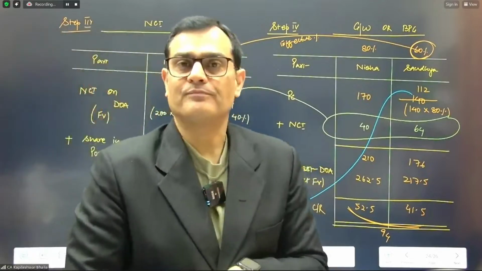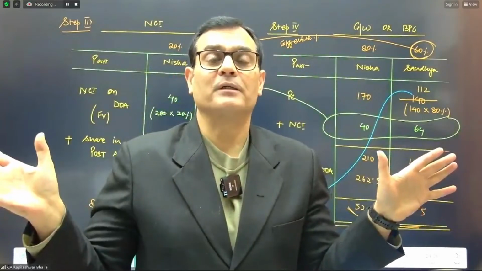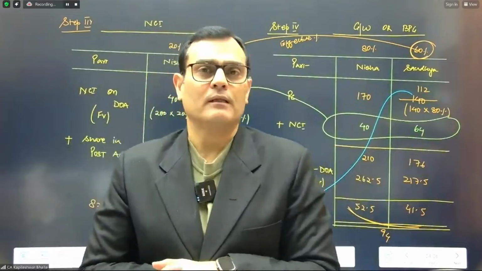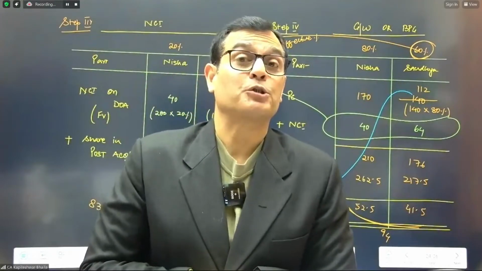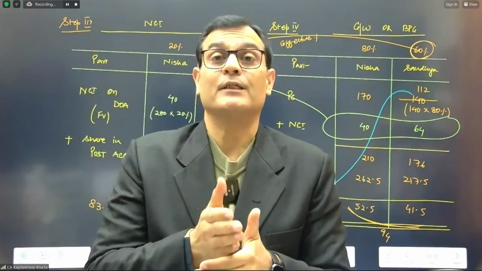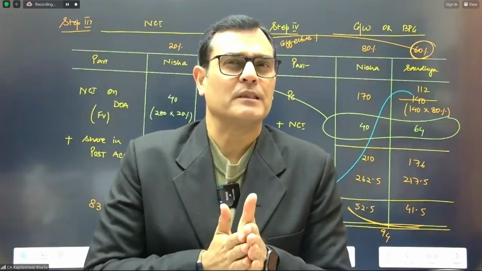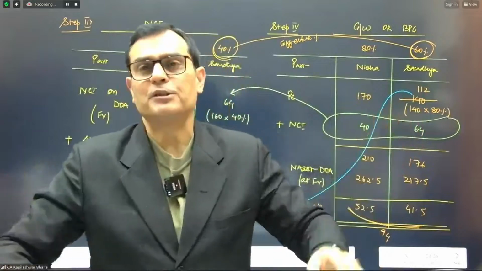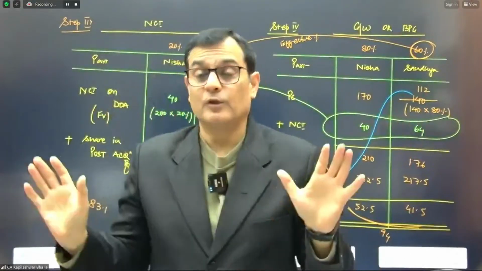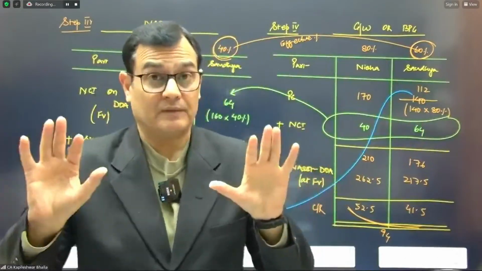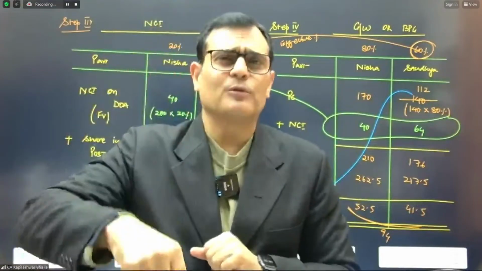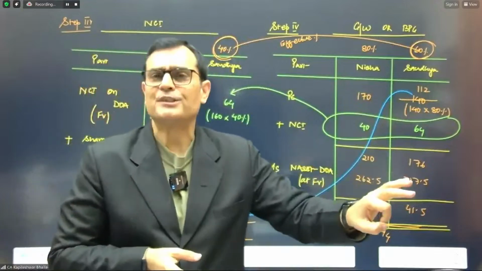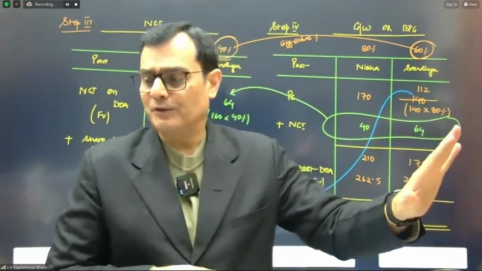I hope, friends, I am now pretty clear on the logic of why we took 80% in terms of goodwill and why we took the 20% reduction of that investment from the NCI of Nisha, because the 20% was never taken in goodwill and I cannot allow it to show in the balance sheet. Otherwise, my balance sheet will not agree. Right? I hope everybody's pretty clear. Do give me your input, friends. Are we clear? Don't worry. We're going to do another question with you on this area so that we are absolutely crystal clear. Right? So far, so good.